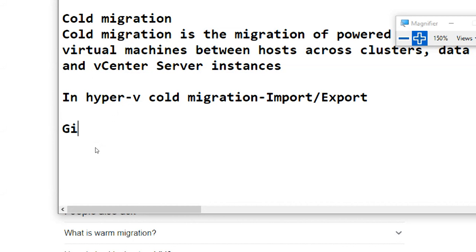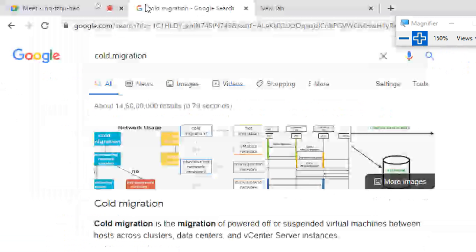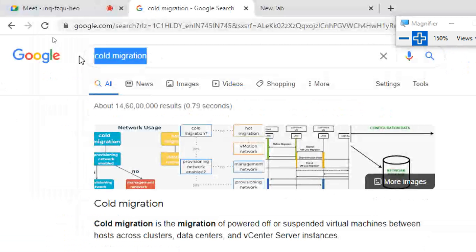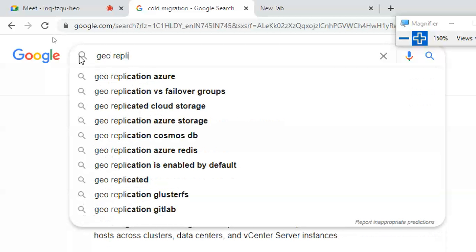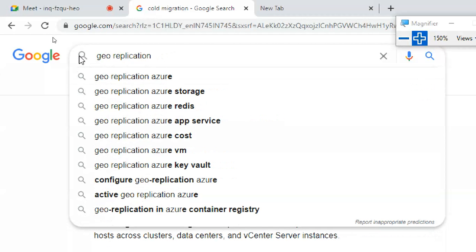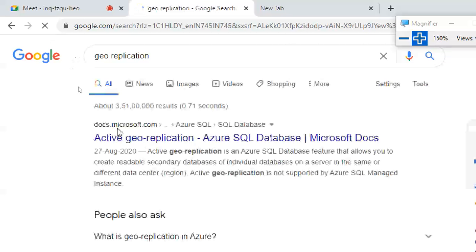And one more is there, that is called geo replication. So I will show you this. Geo replication is also possible, and active geo replication is also possible.